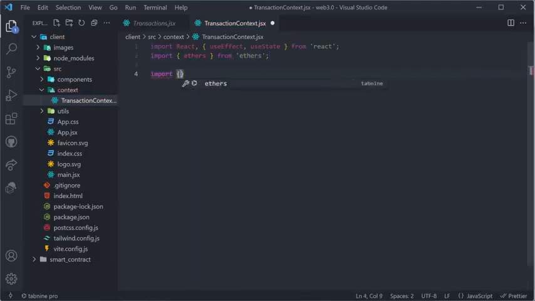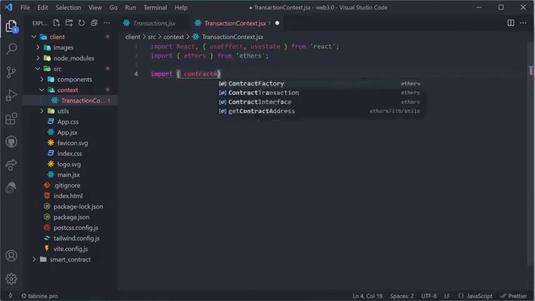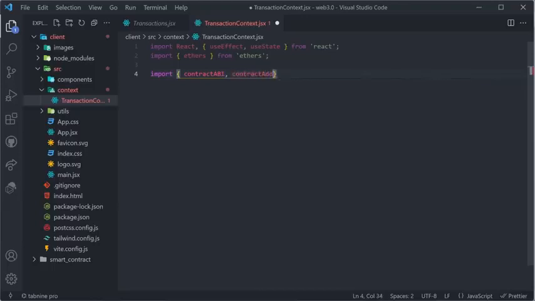Then we need to import the contract ABI as well as the contract address. And these are the things that we created just now in /utils/constants. We also need to create our React context, and we can do that by saying export const TransactionContext is equal to